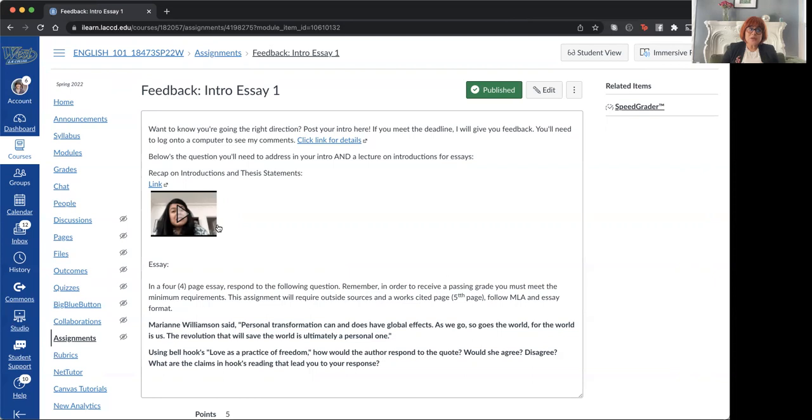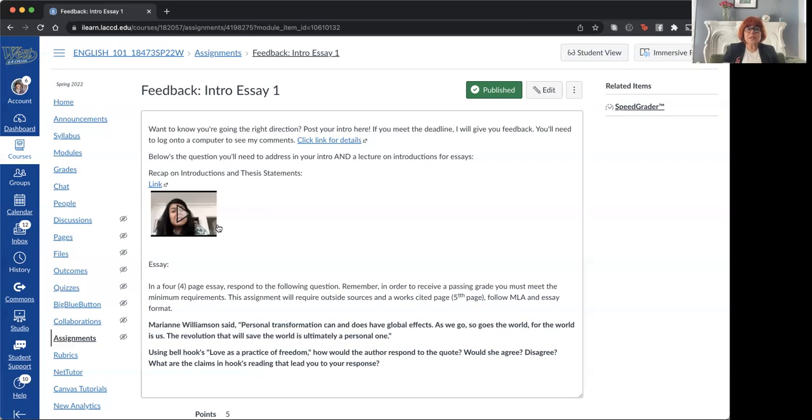So in context, you would need to provide that quote. There shouldn't be any other quotes in context. This is the only quote that should be included in your context because this is what your paper is responding to. So you will need to look up who Marianne Williamson is so that you can introduce her in your introduction, give maybe some tiny bit of information, and set up the quote. This is the question that you're answering in your paper.